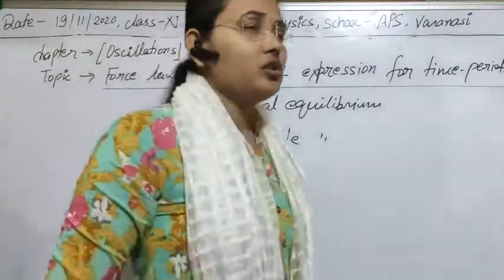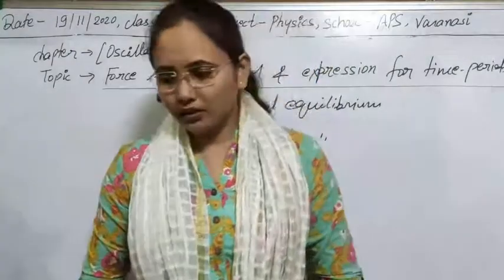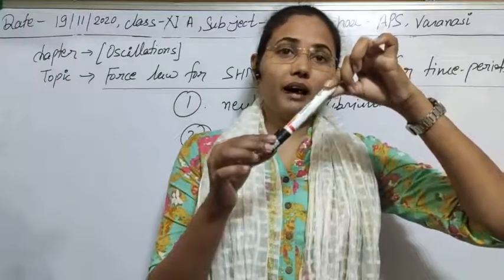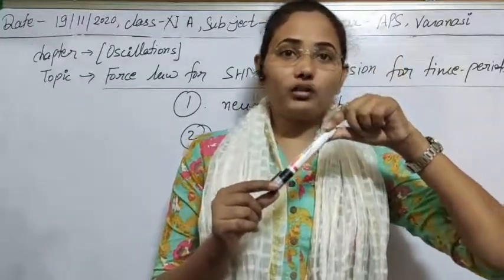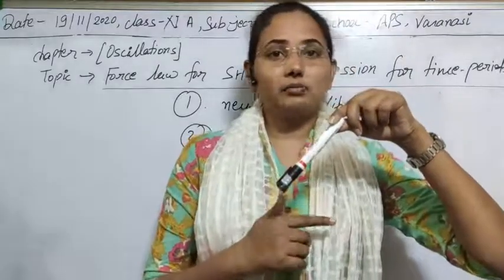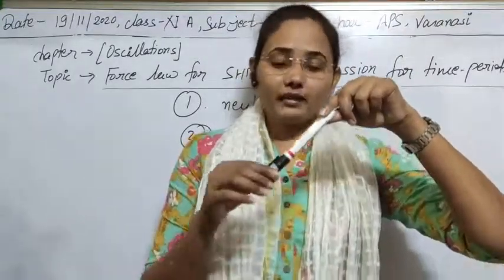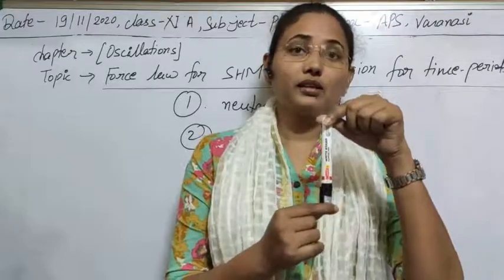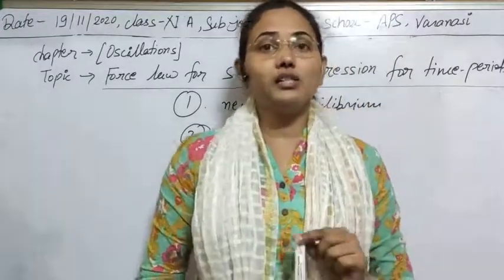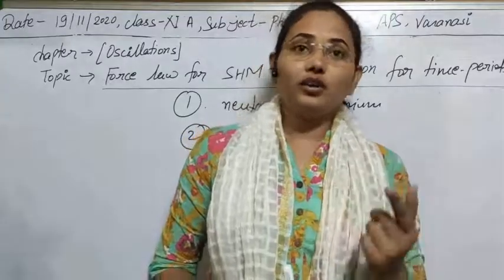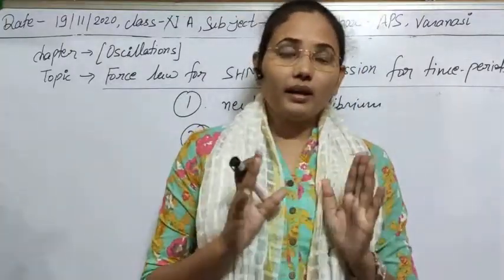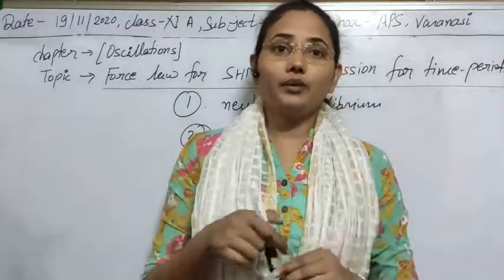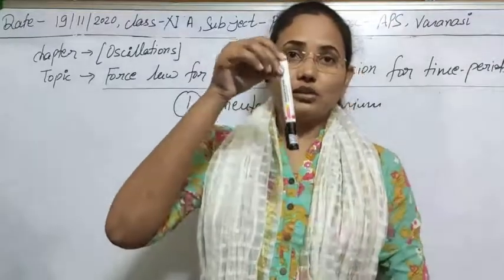Stable equilibrium. In the case of stable equilibrium, if we displace a body from its mean or equilibrium position, then after displacement a force will act on the body in the opposite direction of the displacement. That is known as restoring force, and it will have a tendency to restore the original position. Means the body will only come back to its equilibrium position as it was. Clear? There can be no new equilibrium position for the body. The body will only try to keep itself in the equilibrium position as it was